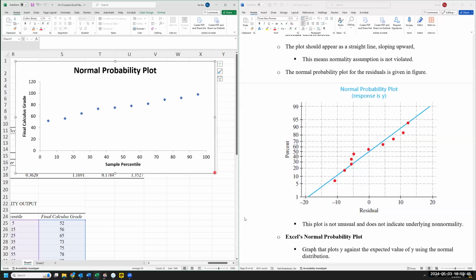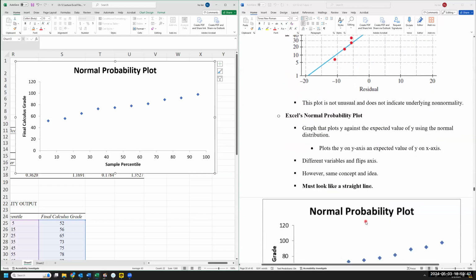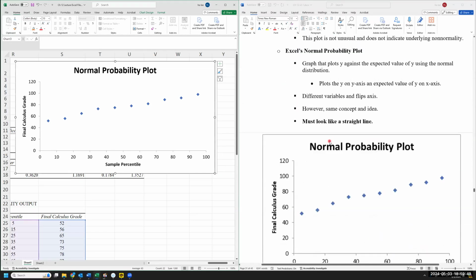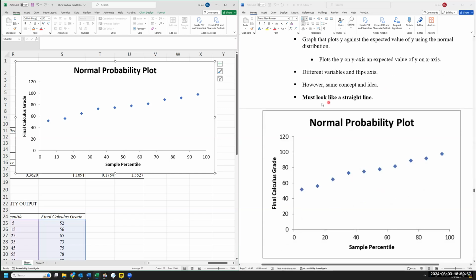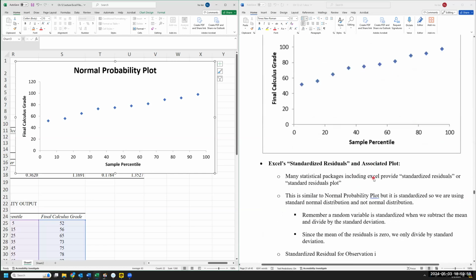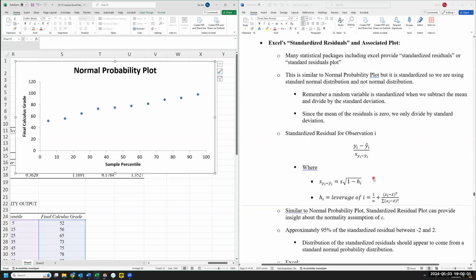All right, let's scroll. Let's get out of here and let's talk about, well, here I'm just explaining this. Okay, showing it the different variable and the flipped axes. Concept's the same. Must look like a straight line. Okay. Now let's talk about